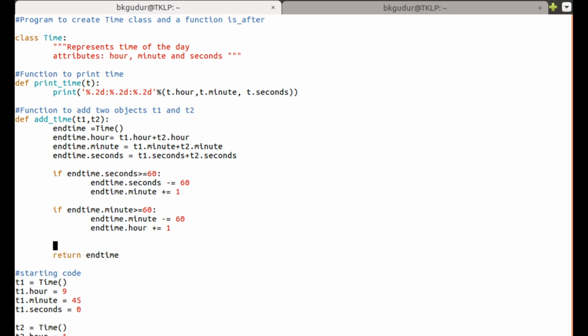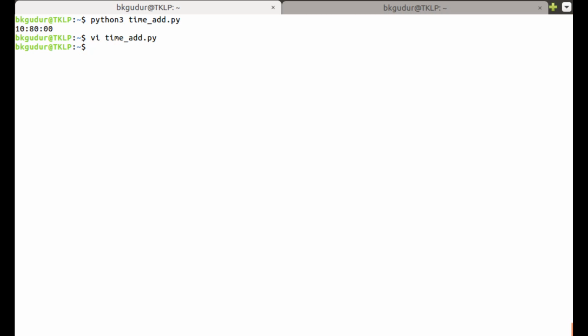Let us see what will be the output of this program after improving the result. Earlier we had got 10 hours 80 minutes, but we should get 11 hours 20 minutes. Okay, this is the program. Whatever the problem was in the previous function, that we modified.